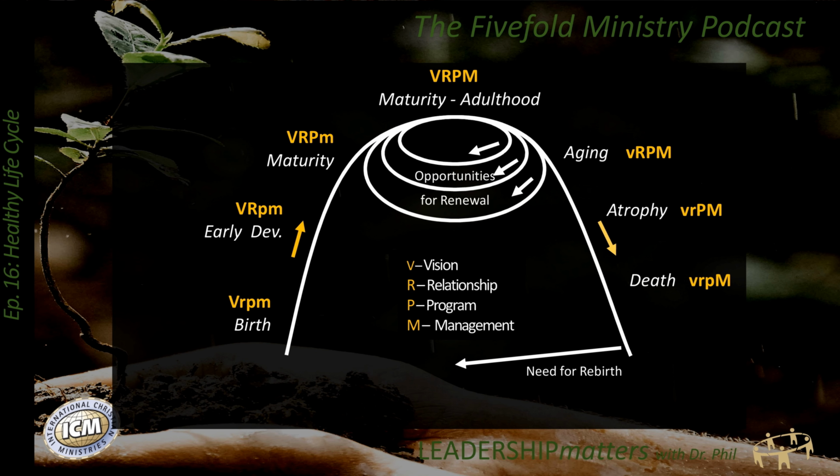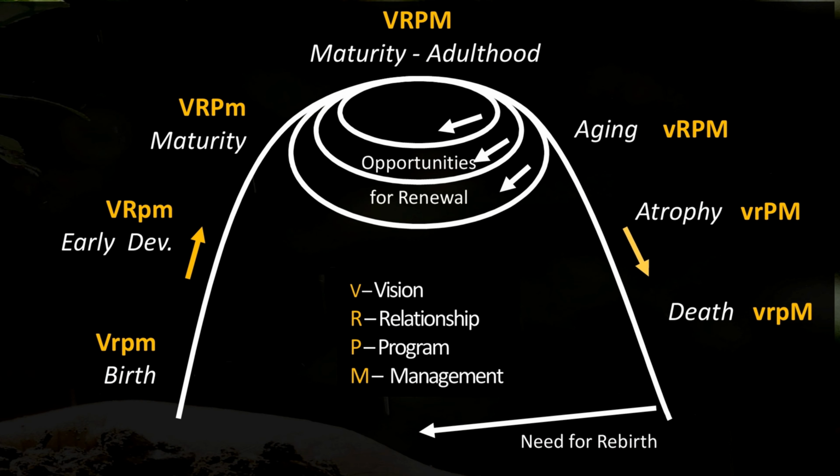As you can see from the diagram, in each stage there is different emphasis and need. This is represented by the capitalization of each of the letters, V, R, P, and M, standing of course for Vision, Relationships, Program, Management. During each stage of the development, for example, during the birthing stage, vision is most emphasized and important. As the church develops healthy relationships, the letter R, ministries are established and grow. As the church matures, effective programs that meet the needs of the body are functioning, representing the letter P. Eventually, healthy administration allows for a reproducing ministry and evaluation of the organization, and that's the letter M.